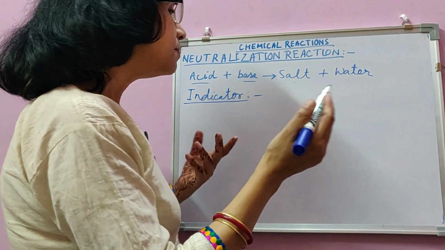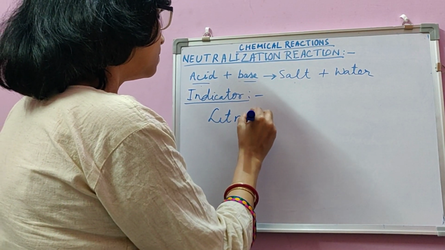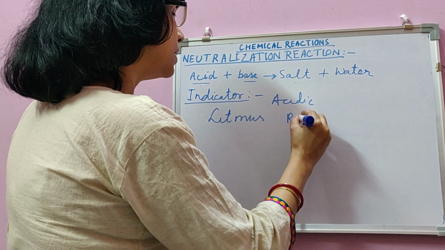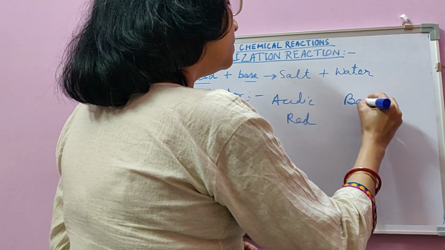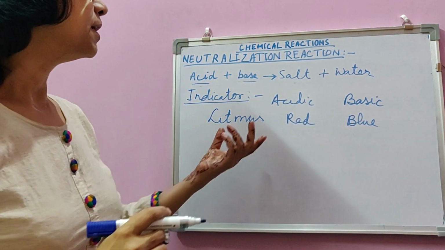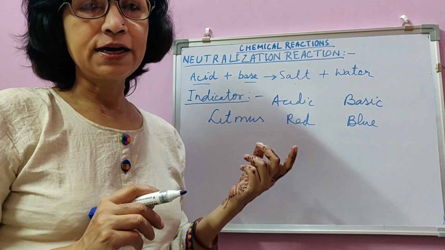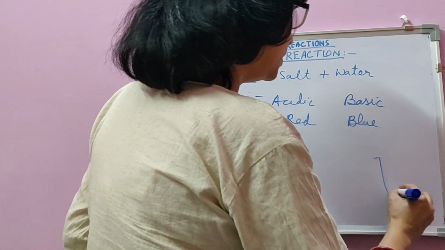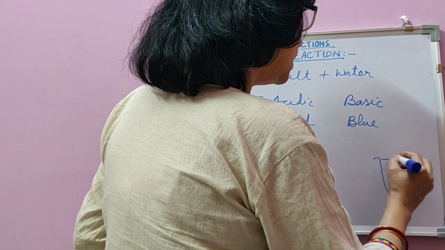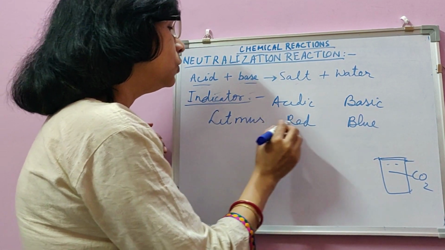And there are some indicators which you already know, like litmus. Litmus in acidic medium turns red, and in basic medium turns blue. So if a substance is to be tested to be acidic or basic, the litmus will show the color change accordingly. Like if we have taken a gas jar and the gas is, suppose, CO2 or whatever the gas is, and this is the lid on the gas jar, then if we put a moist blue litmus paper